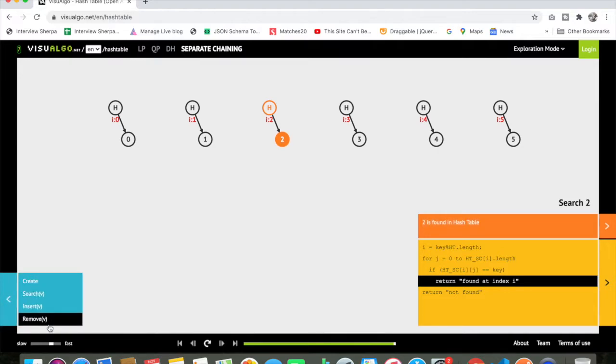The same way, if I want to remove something, say for example I remove 3, you can see that this data has been removed from this particular index. It is removed from the location of 3, right? We will discuss everything programmatically and write our own program using the concept of hash table in data structures. Alright, so let's jump into the code.